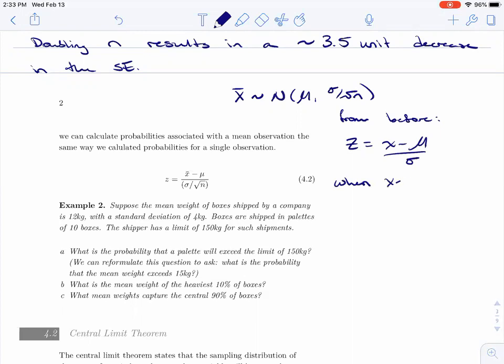That was when X followed a normal distribution centered on the mean and a standard deviation of sigma. So now, all we're doing is swapping out this X for X bar. Mu stays the same, that's still the center. And then instead of sigma down here, we've got sigma over root n in the denominator. So it's just how far is X bar from mu, taking into account the standard